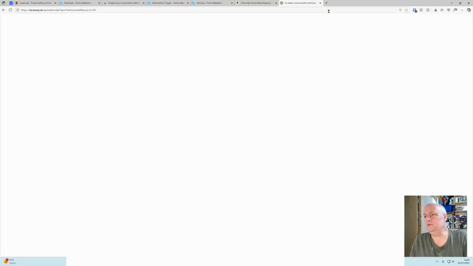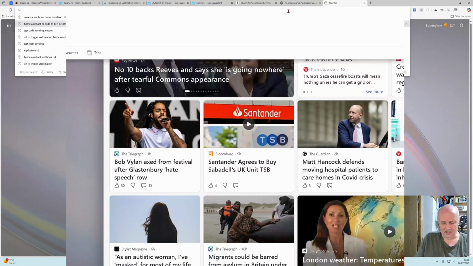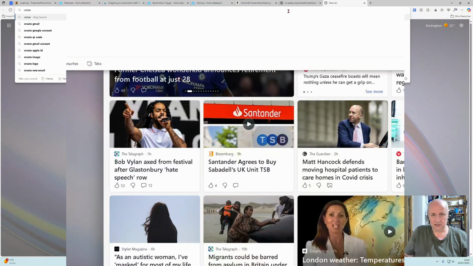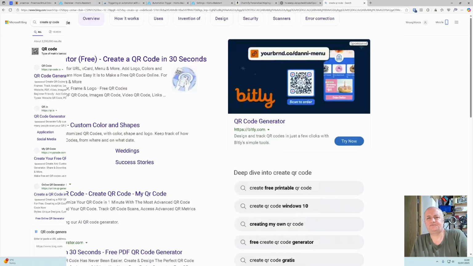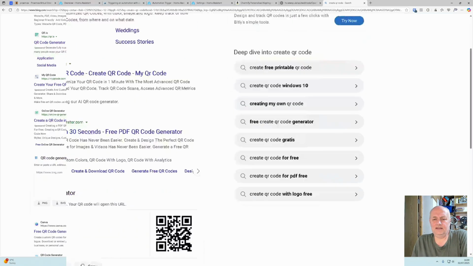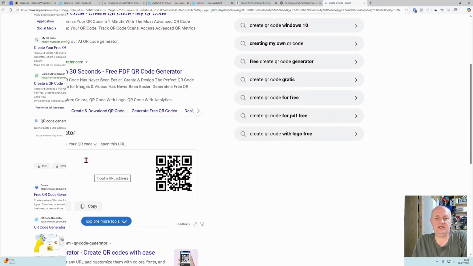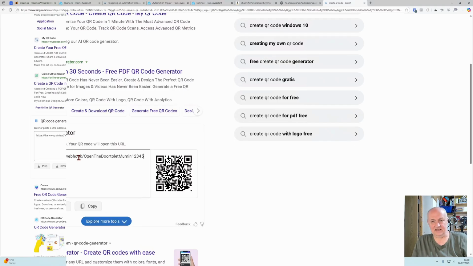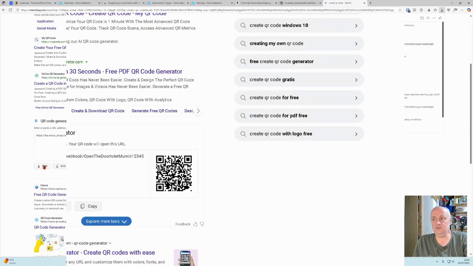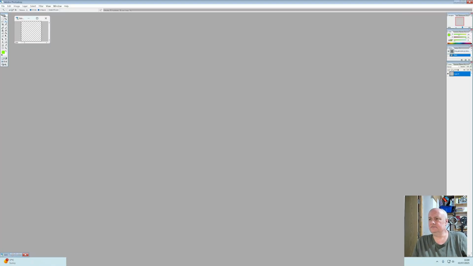So what we can do is create a QR code, and if you do it on Bing, it's got a QR code generator, so I can paste that in there and that's my QR code. So I'm going to save it as a PNG file. So what I could then do, let's just show you that. What I could then do